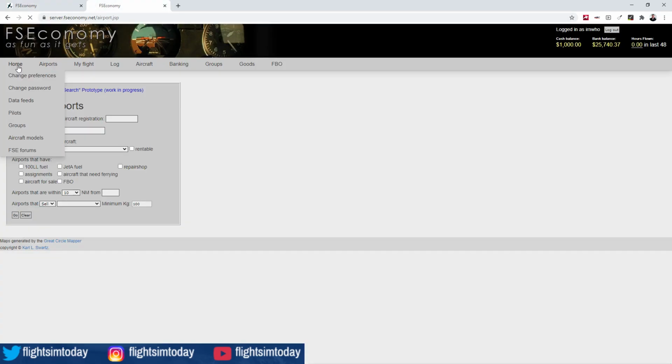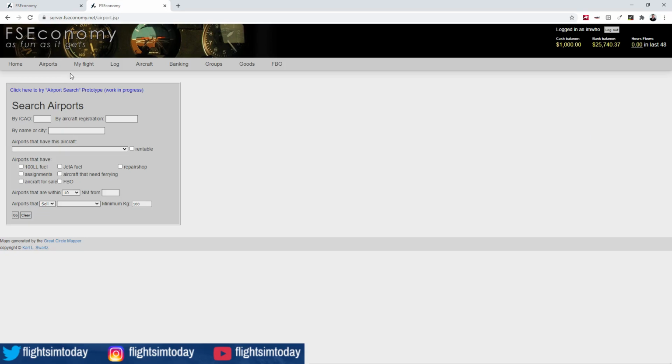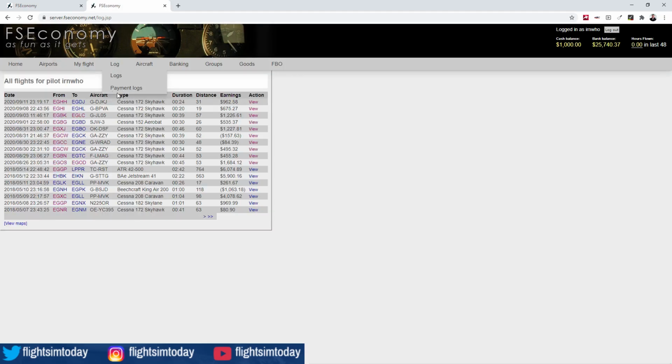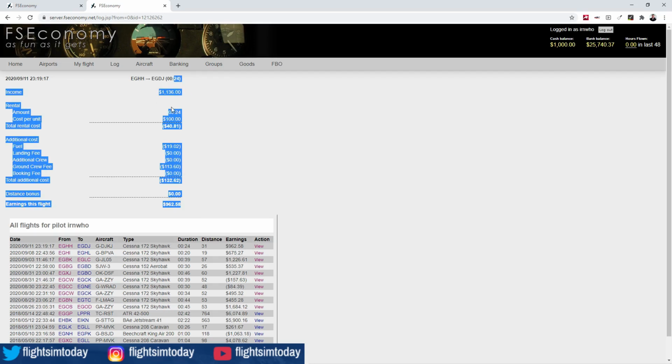Once you're in there, you land on the home screen here, and it's pretty neat. I'm going to have a video coming up very soon on FS Economy, if it's not already up, showing how I generate my flights and how we fly them. So I won't go into great detail here, but let's just click on this one for example. Here we had a flight from Echo Golf Hotel to Echo Golf Delta Juliet. It only took 24 minutes, a quick flight, and you'll see the rental costs. It cost us $40.81 to rent the aircraft,